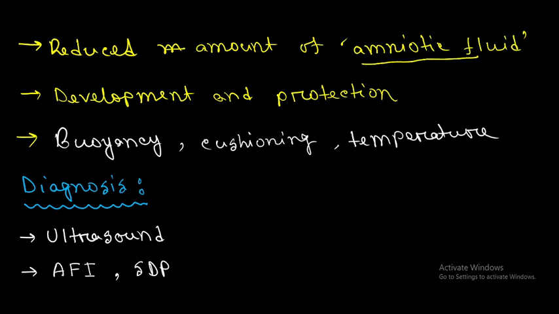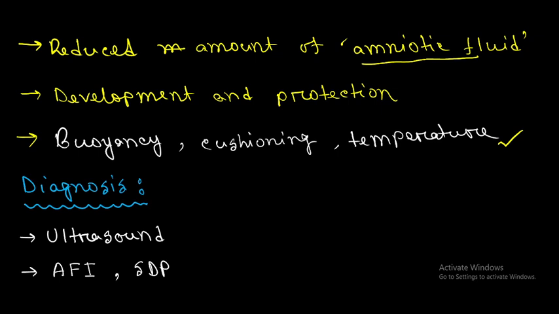It provides buoyancy, cushioning, and helps regulate temperature, as well as facilitating fetal lung and musculoskeletal development. All of these conditions are provided by the amniotic fluid. If the amniotic fluid is reduced or absent, this is called